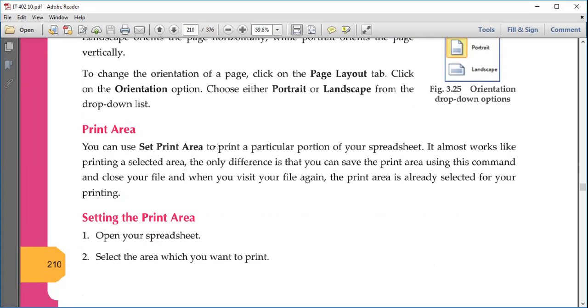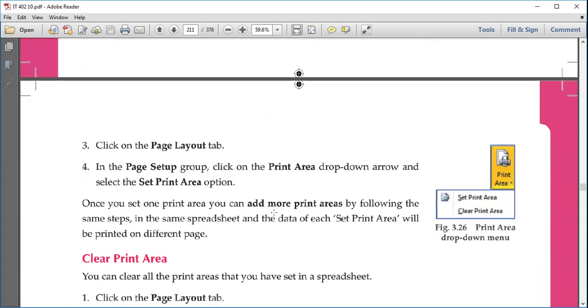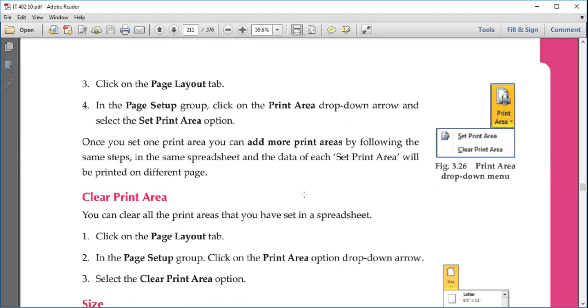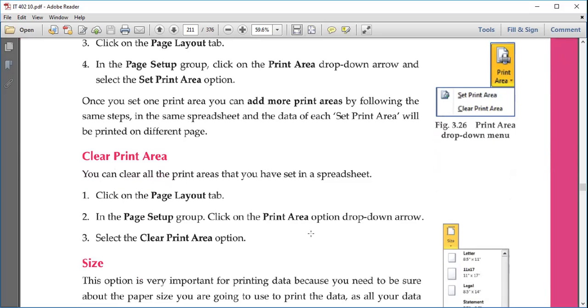Then there is a button called set print area. Now this helps us to select the part of the spreadsheet that you want to print, right? If you want to print some particular portion of the spreadsheet, I want some portion only to be printed, so you just go with set print area, then select that part that you want to use, right? See, this is the option, print area, set print area. When you click here, then you can just drag on the screen. So whatever you have selected in that particular sheet, उतना ही print page पे आएगा, right?